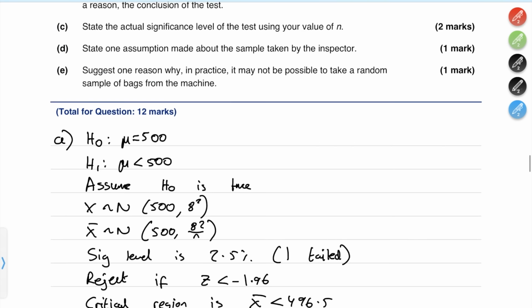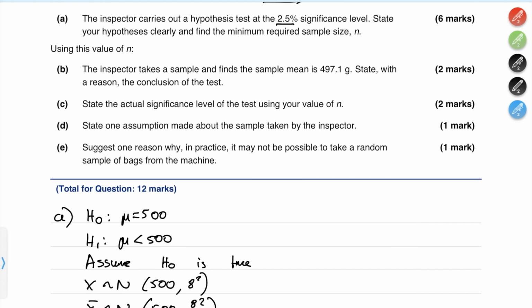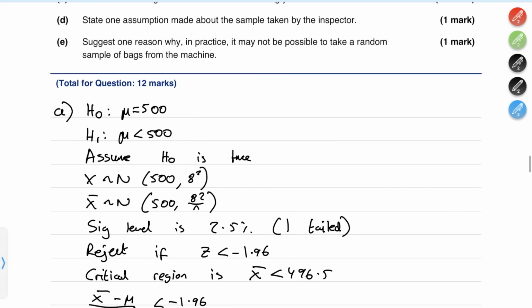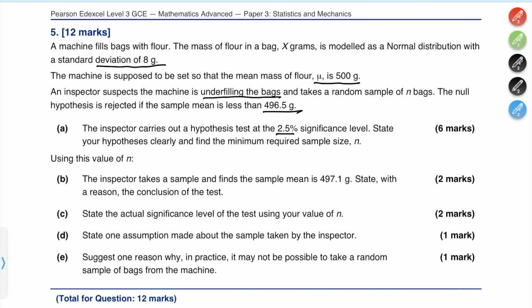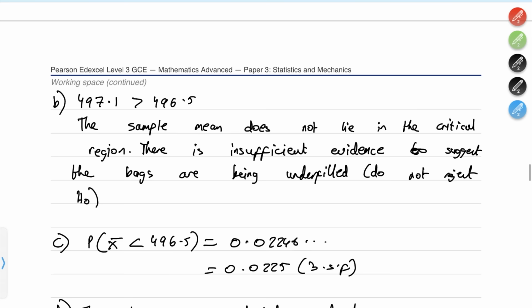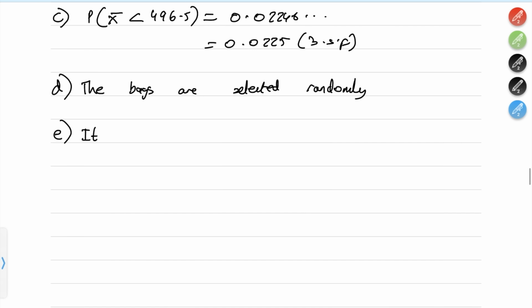Now, part E. Give one reason why in practice it may not be possible to take a random sample of bags from the machine. So I've always hated these questions because, you know, you have to always say some really weird things just to get the mark. But all you have to say is, if you think about it in context, we've got a machine, so they're taking samples from the machine. So all you could say is that if the bags are coming continuously from the machine, it's truly difficult to select them randomly. So for example, it is difficult